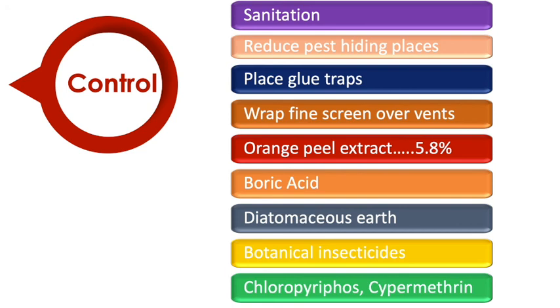Sometimes chlorpyrifos and cypermethrin and other botanical insecticides are also used. But remember, least toxic botanical insecticides should be used as a last resort. These are derived from plants which may have insecticidal properties. These natural pesticides have fewer harmful side effects than the synthetic chemicals and break down more quickly in the environment compared to the other synthetic insecticides like chlorpyrifos and cypermethrin.